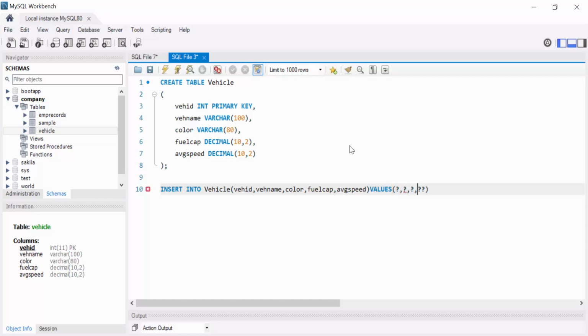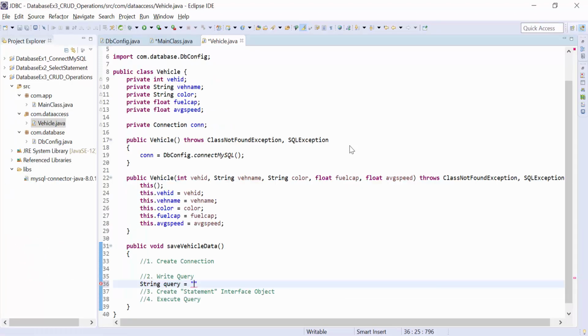Okay, like this. The second parameter is a varchar parameter, so it should be in single quotes, and the last 2 are decimal. So this is insert into, I copy this line and keep it inside this statement. Now this question mark should be vehicleID, this one vehicleName, color, fuelCapacity and averageSpeed.